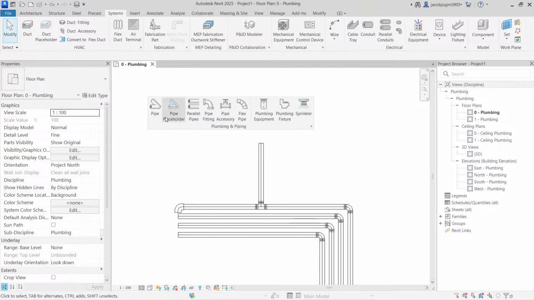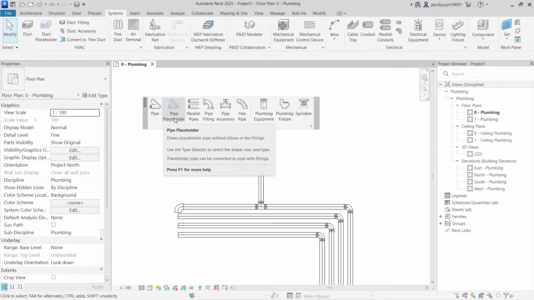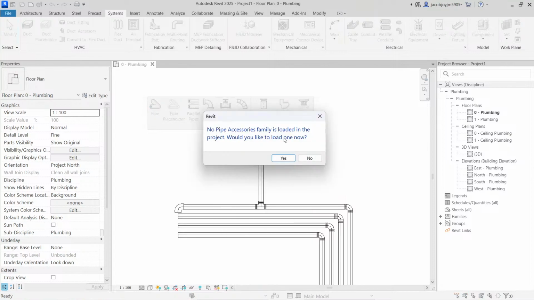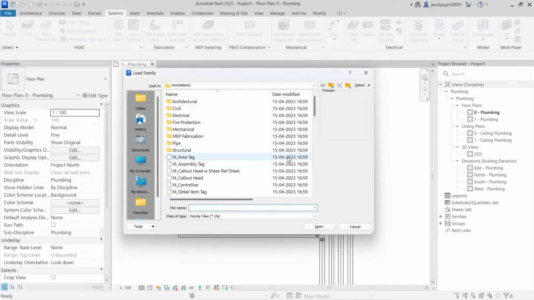Now we know 4 tools: pipe placeholder, parallel pipes, pipe fittings. Let's go to the fifth one, pipe accessory. Pipe accessory places a pipe accessory. These accessories include connector, valve, and inline water heater. In case you want to add a water heater, usually it is a pressure gauge or some valve. Pipe accessories are not loaded, it's a surprise. Select, then go back, then select